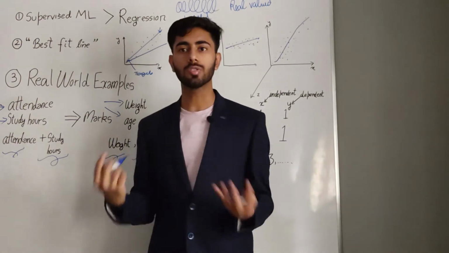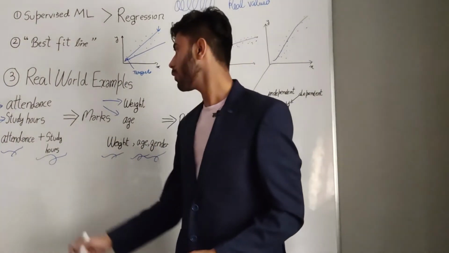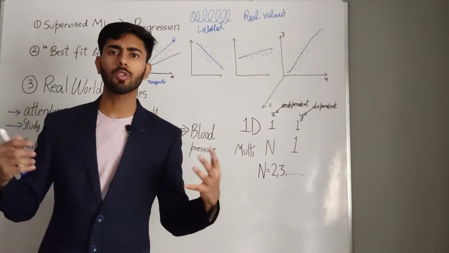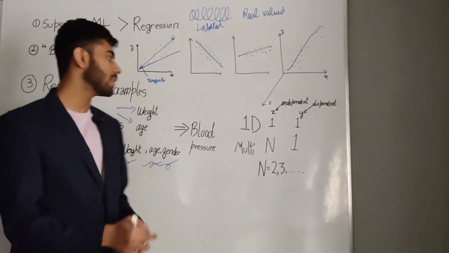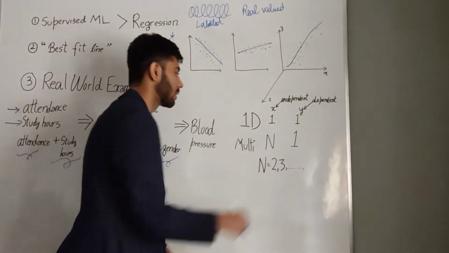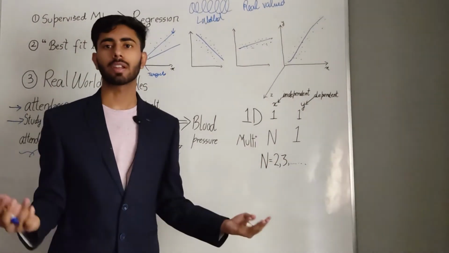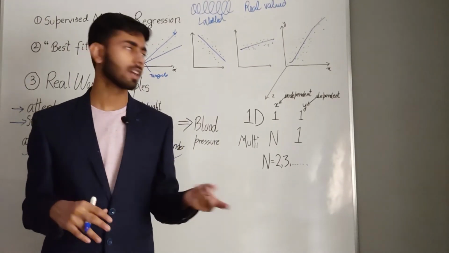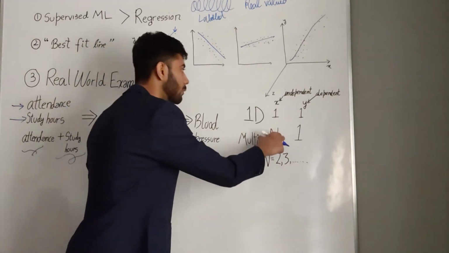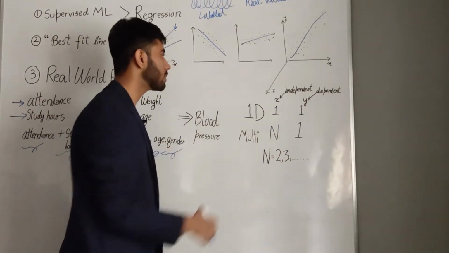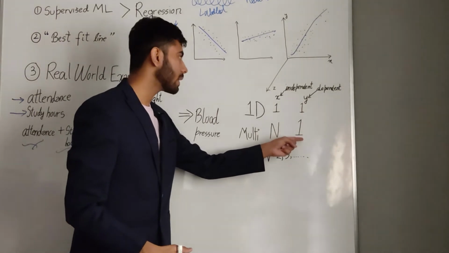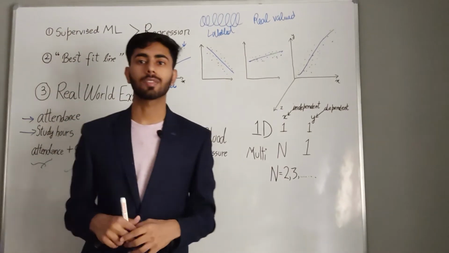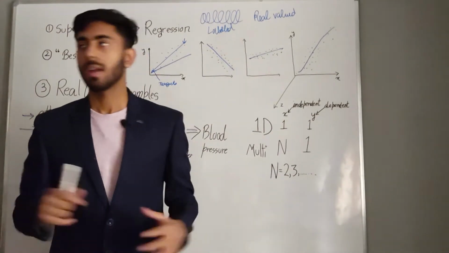So since we are using more than one feature, this is known as multivariable linear regression. In multivariable linear regression, we can have n number of features, where n can be any number greater than 1. It can be 2, 3, 4, 5, any number, but it has to be greater than 1. On the basis of n features or n independent variables, I have to find one dependent variable, or predict one outcome. So this is known as multivariable linear regression.